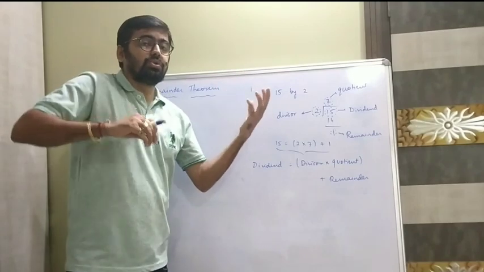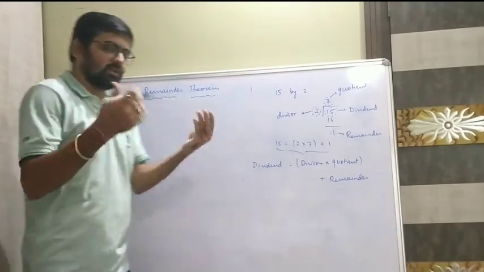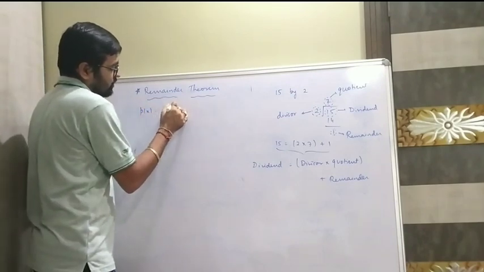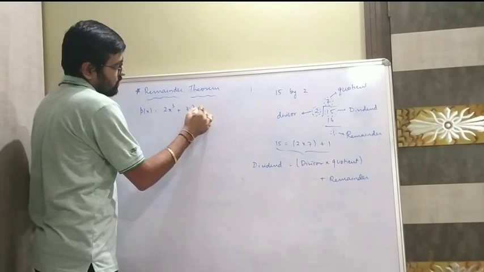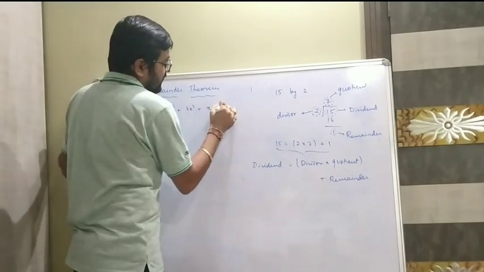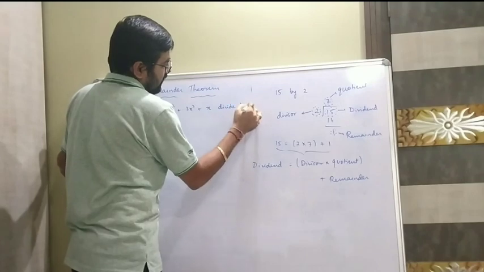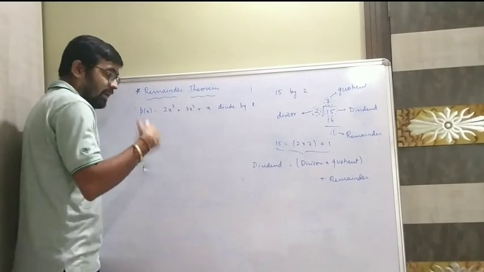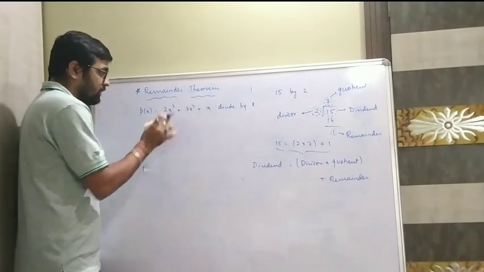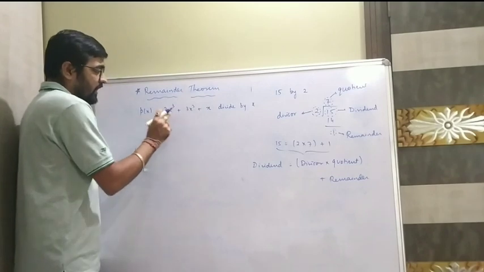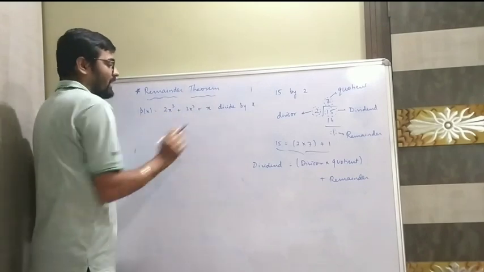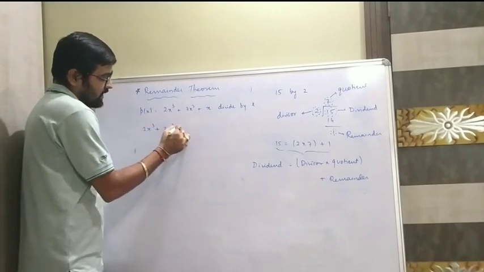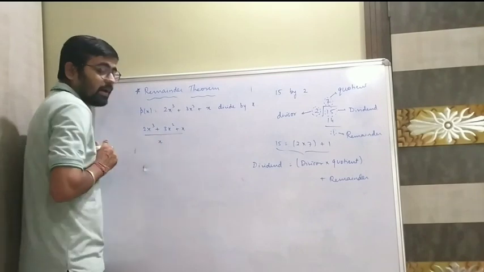Am I right? So this is the number, we know how to do this. But if I ask you to do this in the form of a polynomial, just think like this: if I have a polynomial p of x which is equal to 2x cube plus 3x square plus x, and if I say divide by x, can you do this? I'll explain in a proper way in this video only, but for this problem, if I have to divide this polynomial by x, how can I do that? Can I simply write 2x cube plus 3x square plus x divided by x?